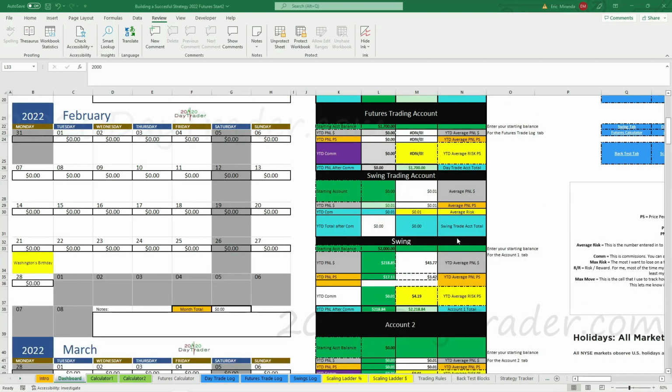So we're going to go down to the swing account with $2,000. So we started with, right now, year-to-date P&L, $218. That's right, everybody. I know this is video one, but we already got $218 if the trades we have right now are successful. So let's go over to the trade log and show you what I'm talking about. Let's scoot on over there, swing.